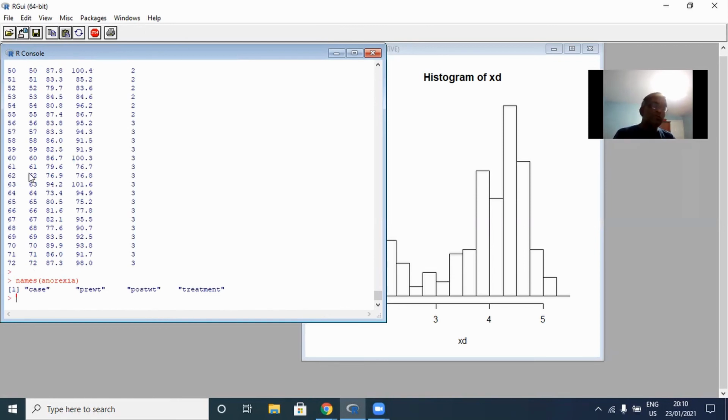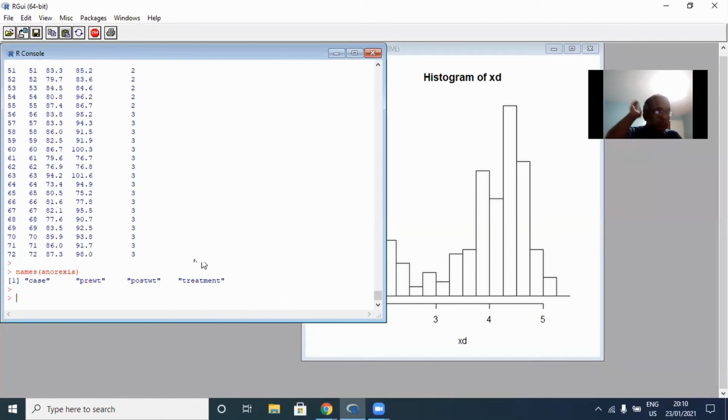So these are the 4 named columns of the data. Okay, so we are only interested in these 3, right? Okay, so let's see what we can do. Now, in order to see which of the treatments is most effective, we need to do 2 things. Let's, just for short,